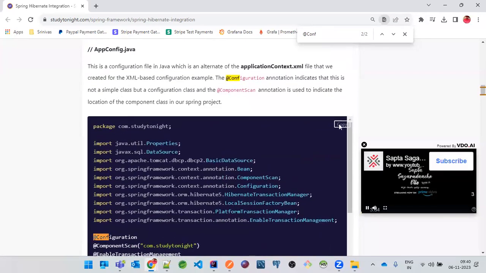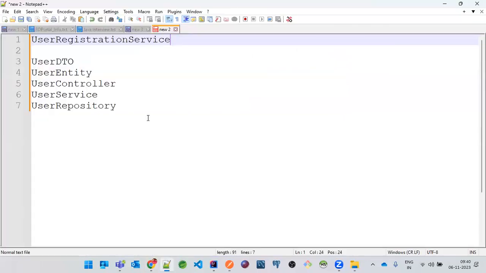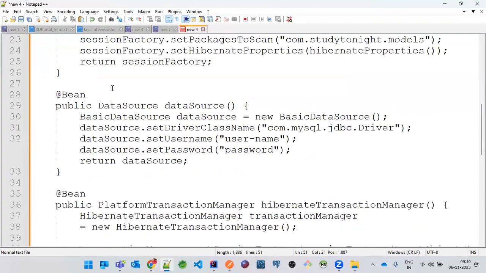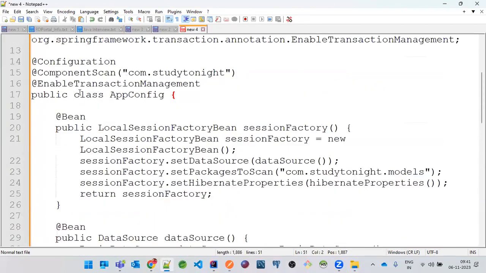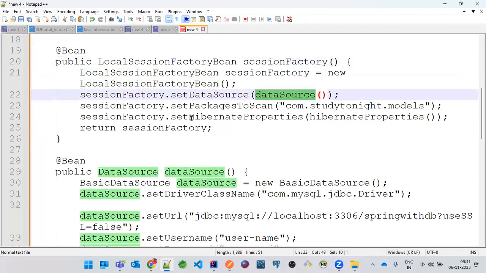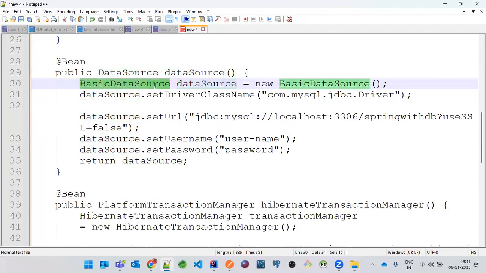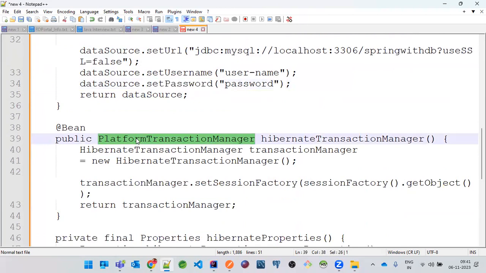I just wanted to copy this and go over here. And if you see this, it has almost 50 lines of code, right? So what he's basically doing, he's preparing the local session factory bean, where he's setting some data source details, which is something called basic data source. He's giving the driver class name, setting the URL, setting the username, setting the password, and all these kinds of things. But if you go to the next step, there's something called platform transaction manager and